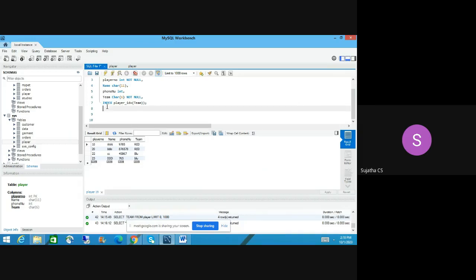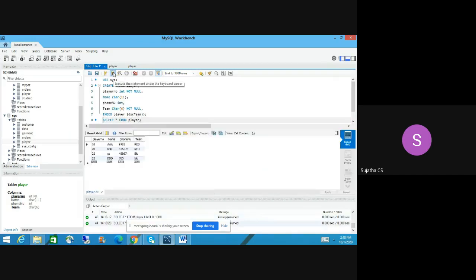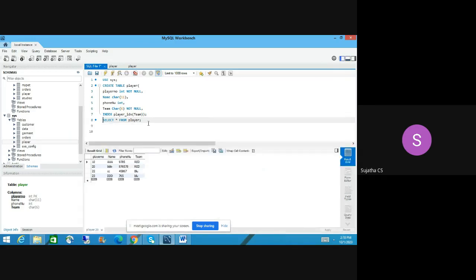Let me show you first. Select star from player. Let's run that. See, we got this record, right? By which column have we marked the index? The team. Let me run one more query. Select name, team from players.